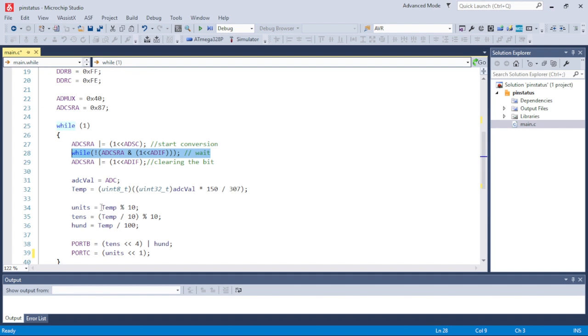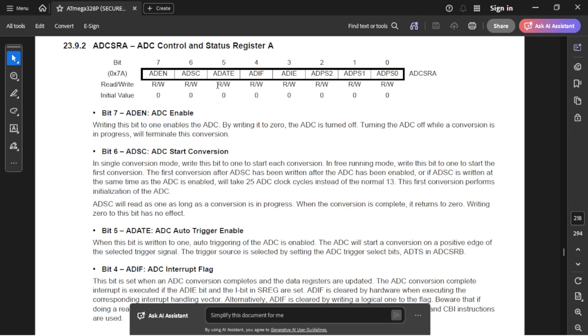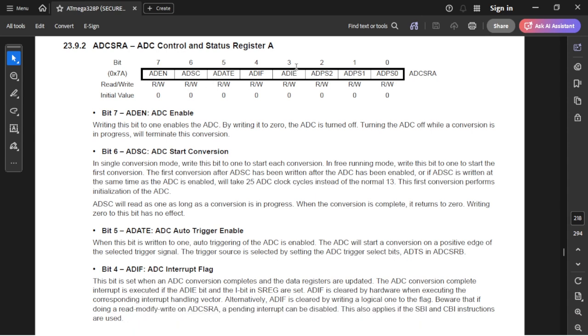So in order to fix this, we are going to use ADC interrupts. And in order to enable an ADC interrupt, we have to set this bit here, bit number 3. Now let's go ahead and set bit number 3 inside this register. If we set bit number 3,